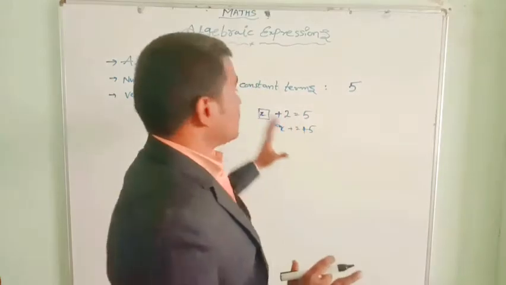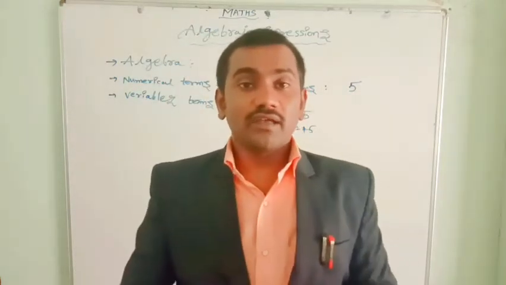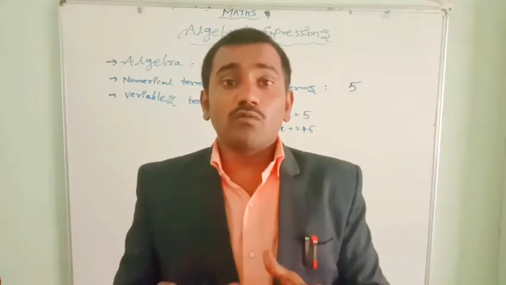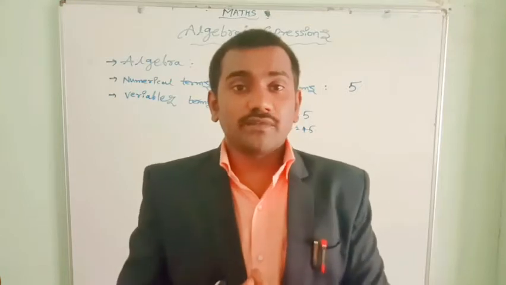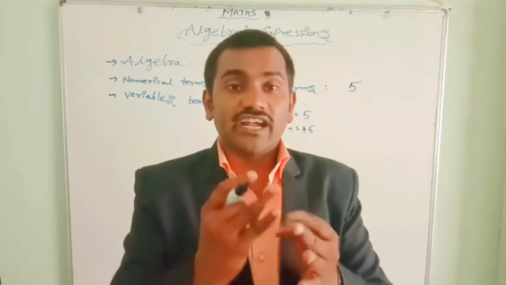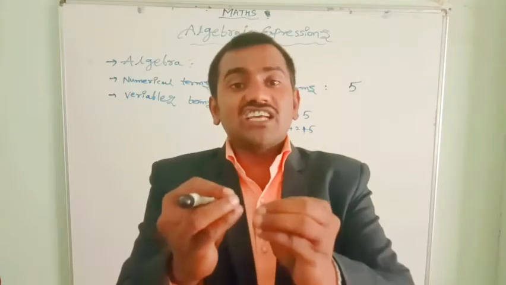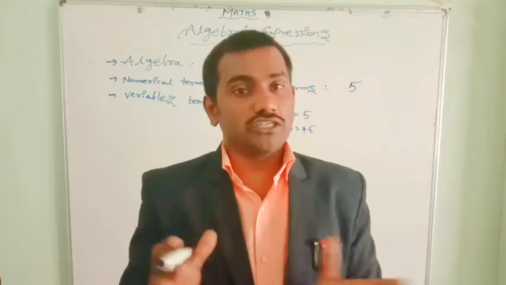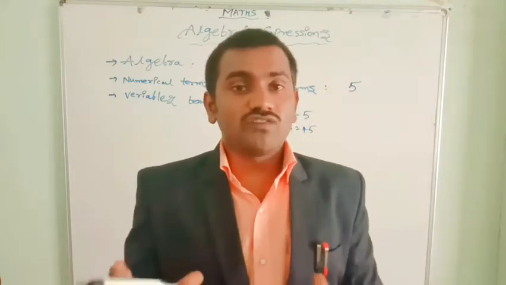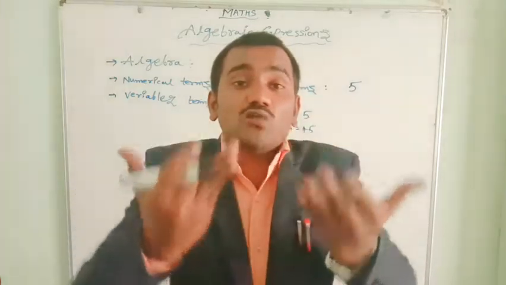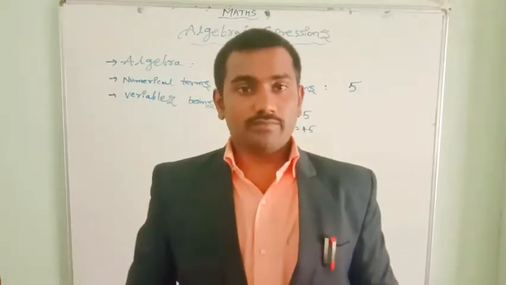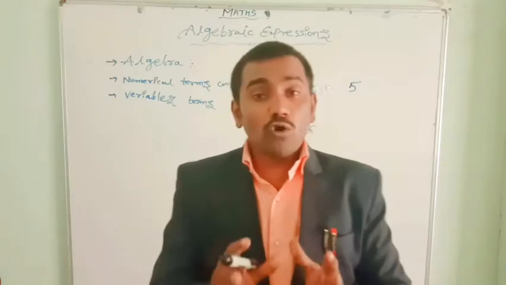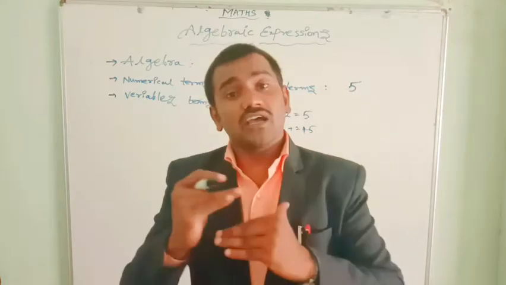Okay, here a constant, which does not change, is known as a constant; which changes, which is not constant, is known as a variable. Variables normally we represent in mathematics as x, y, z, a, b, c. The lowercase alphabets we assume as variables. Lowercase alphabets, small a, b, c until z, are known as variables which are not constant. That means we can substitute any values in the place of those variables. But ultimately there is only one chance to get the correct answer. So I hope you understand what constant terms and variable terms are.